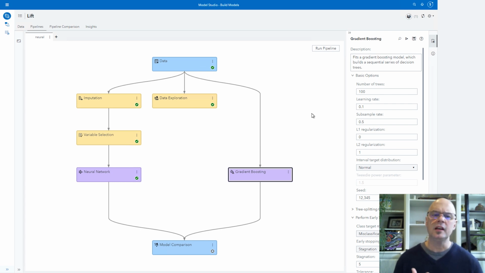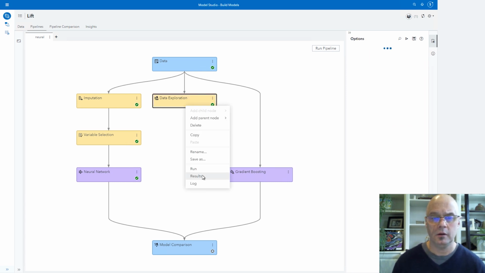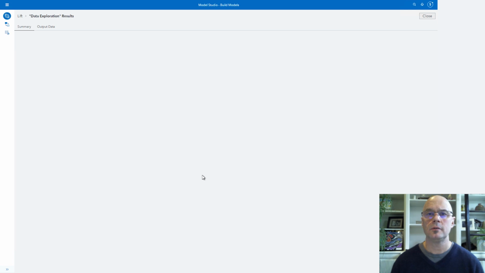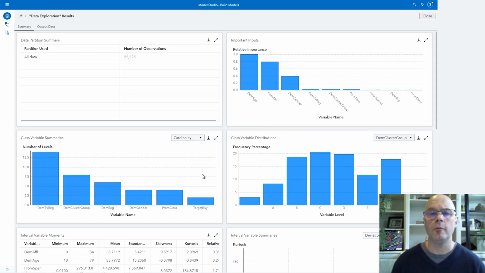Before we run things, let me take a look at some of the results that I have under data exploration. Remember, to go from cumulative response rate to cumulative lift, I need to divide by the prior event rate. Let me get that from the data exploration node. It's already been run. I'll go straight to the results, and I want to look at the summary of class variable distributions.